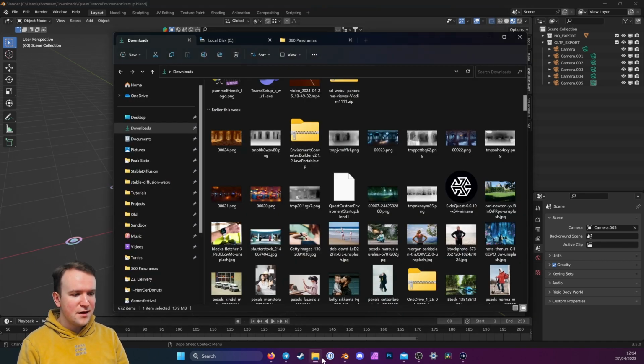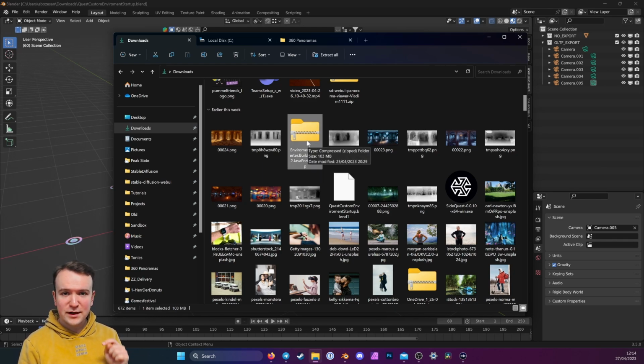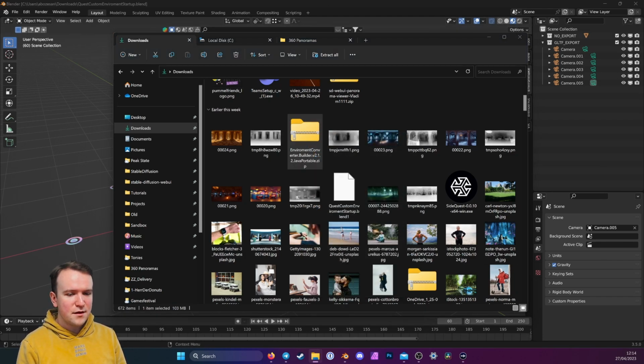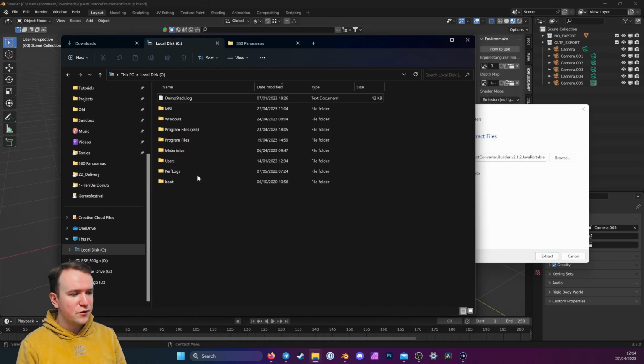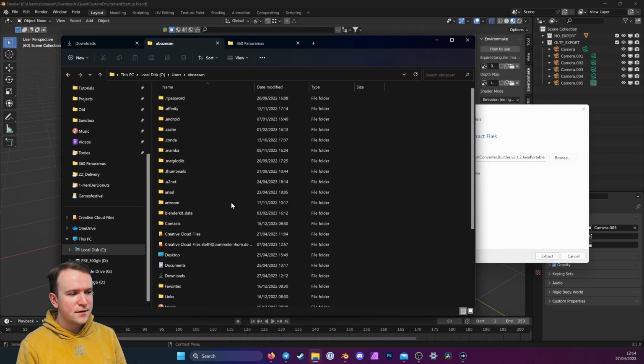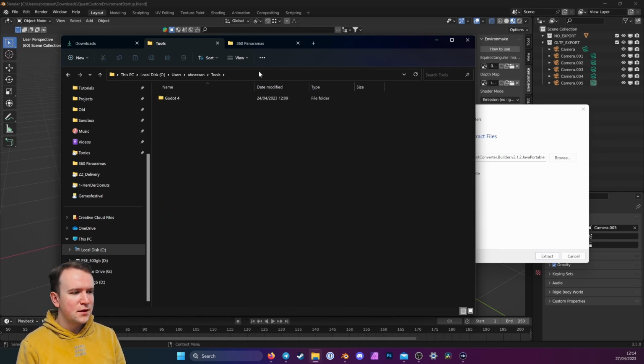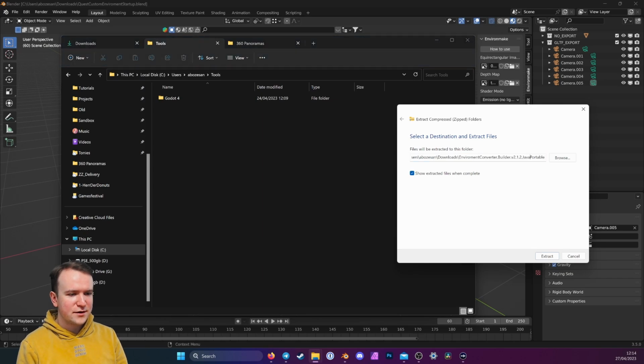And you're going to need the environment converter builder, which I've downloaded here. Now, the link to this file is in the description, but if you want the current version, I suggest you join the Quest Homes Discord, where they also have current tutorials and so forth to do this, because this might change in the future. Now, what you want to do to install this, I did extract all, and then you need to find a folder in your user folder on Windows called Tools. You can also make it. It's just a good way to install it. Copy this and extract all your files into here.